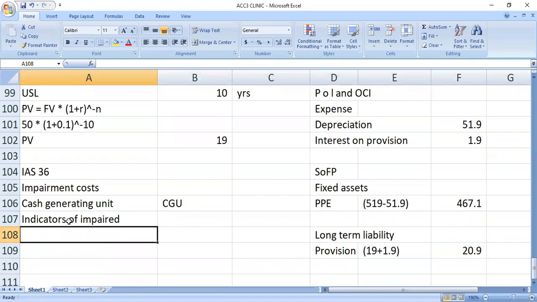But you don't conclude like that. You have to perform what they call an impairment test. So I hope I've explained what impairment is: whenever the actual is not meeting the expected in terms of benefits, you say the asset is impaired. But that's an assumption, until you perform an impairment test to confirm that indeed it is impaired. So Cabrin, I hope I've answered you as far as the meaning of impairment is concerned.